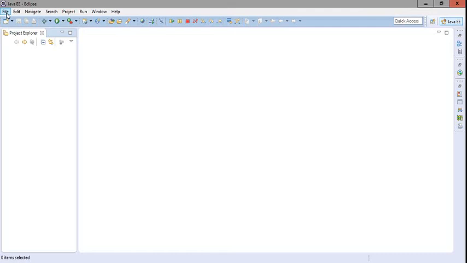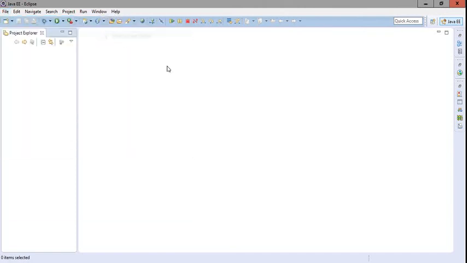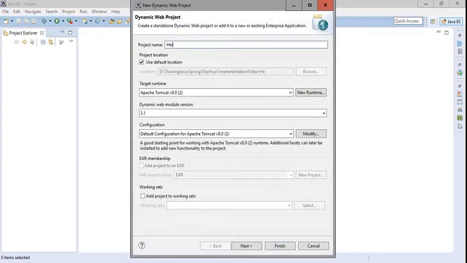So for creating the Spring MVC framework using Maven, first we will create the dynamic web project. I will name this project Hello World XML. I am using the word XML here because there are two types of configurations possible while designing your Spring MVC. The first configuration is provided in the form of an XML file, and the second type of configuration can be done using Java configuration, using Java classes. So first we will configure Eclipse, then we will design the project using the XML configuration, and after that I will design the same project using the Java configuration.